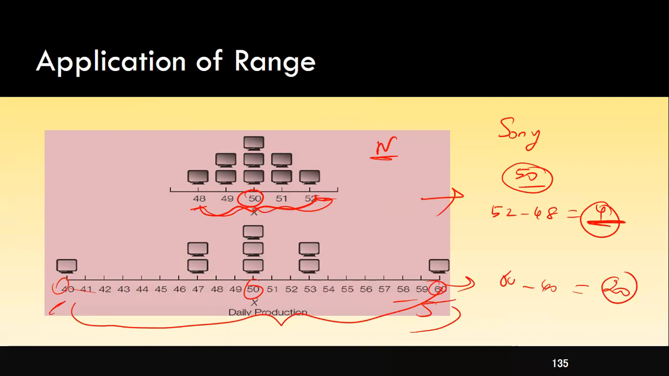One limitation is it is sensitive to outlier. The other one is it ignores the intermediate values, and it lacks the distribution information. And also we have seen how to compute the range and what the applications of range are, so far. Next one is